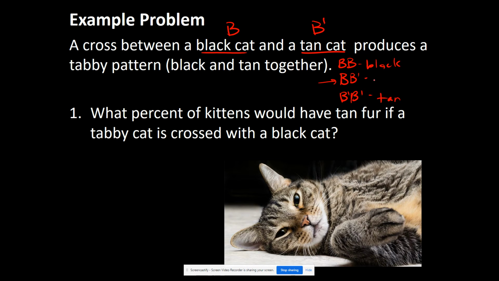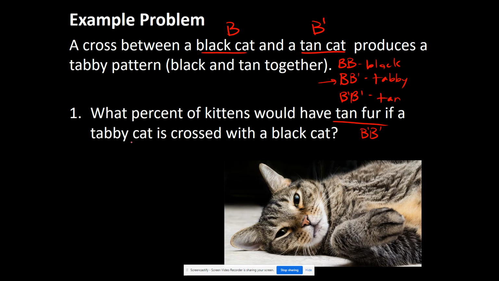That one is going to be our tabby cat. Okay, so that's how this works. The heterozygous individual is the new trait that we see in the offspring. Okay, so now let's answer this question. What percent of kittens would have tan fur? So we know tan fur is B prime,